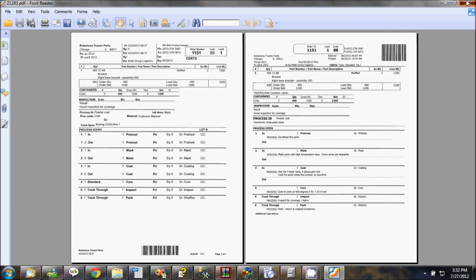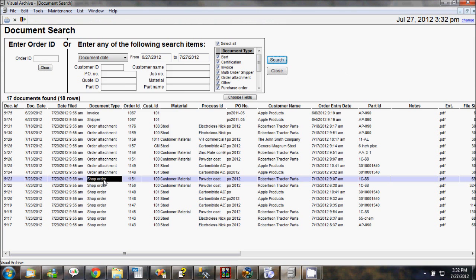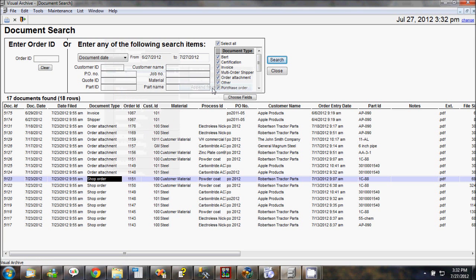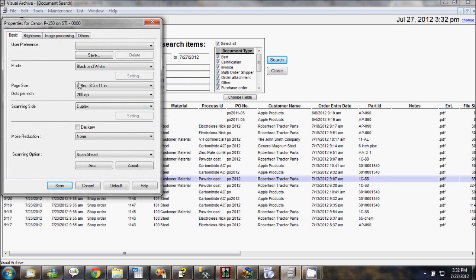Well, let's say I have something I want to add to this document. I can right click it, and I'm going to put a sheet in my scanner here, and I can say add pages, and I'm going to say append from scanner. So insert is going to put pages at the beginning of the file, append will put them at the end of the file. So I'm going to say append from scanner, and we see here as my scan window, I'm just going to press scan,